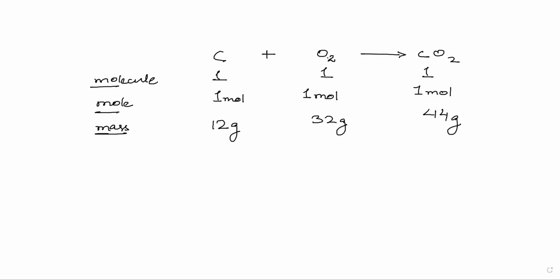Done, sir. Okay, great. Now we can have some different type of reactions also. For example, let us have H2 plus O2 will give me H2O. The most important thing is that whenever you want to write the mole picture or the mass picture or the molecule picture, you have to first balance the chemical reaction.